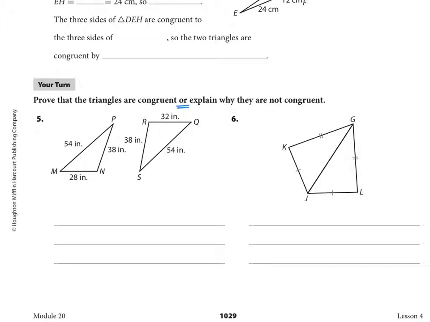So in number 5, we have PM and SQ are congruent. What else do we have? We have PN and RS are congruent. Whoops, I only used one mark there. I made a mistake. And then MN and RQ are not congruent to each other. So it's that side and that side. We only have 2 pairs of parts. Only 2 pairs is not enough. Therefore,